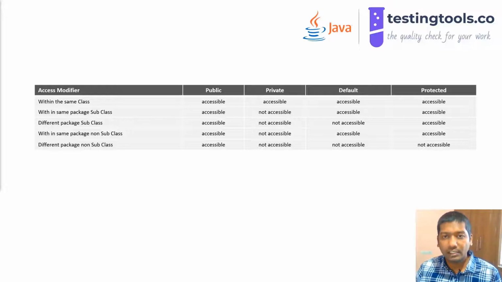Now the third scenario is, there will be a situation where you will have to extend the parent class in one package into another class in another package. So that is called a subclass in a different package. Now next, the fourth category is about classes which will use your class as a data member, the one we have seen in the previous session, not by inheriting. So those are called non-subclasses.